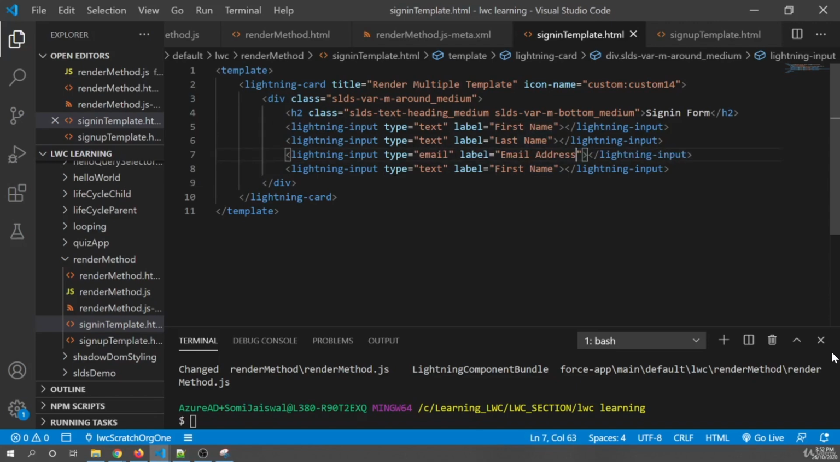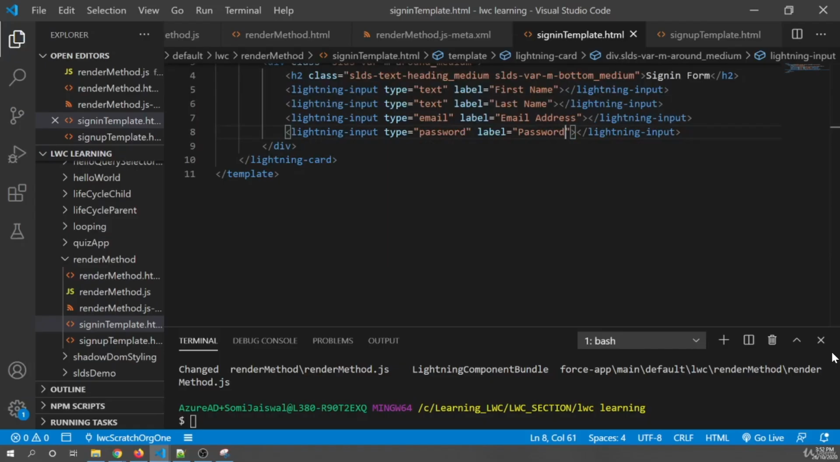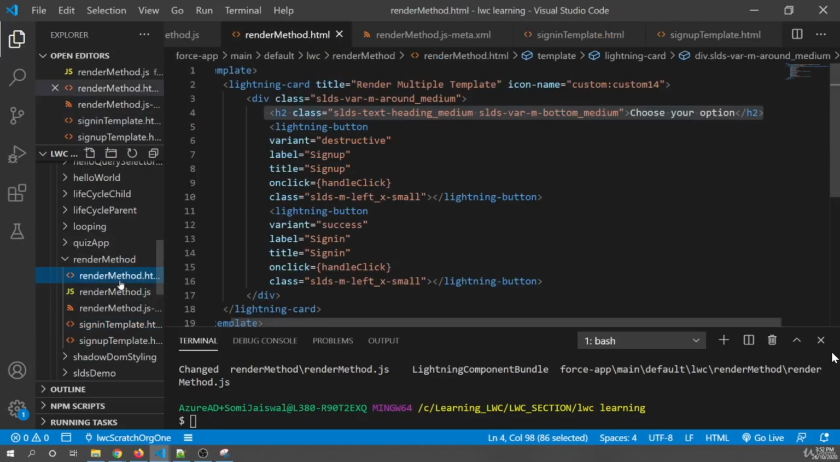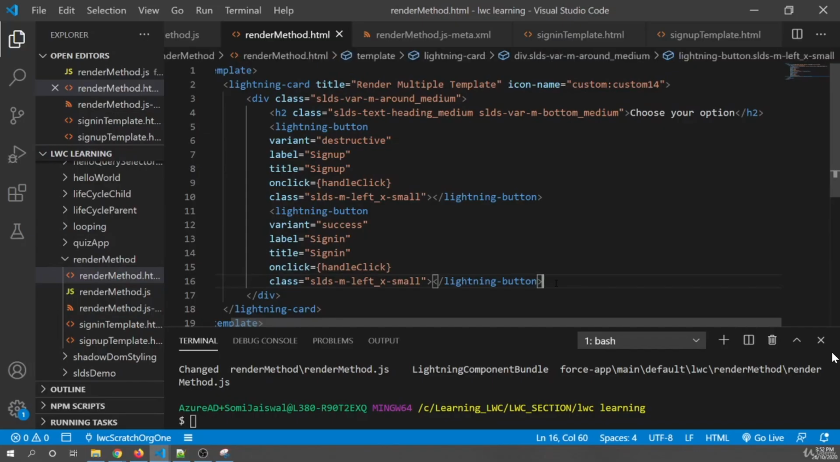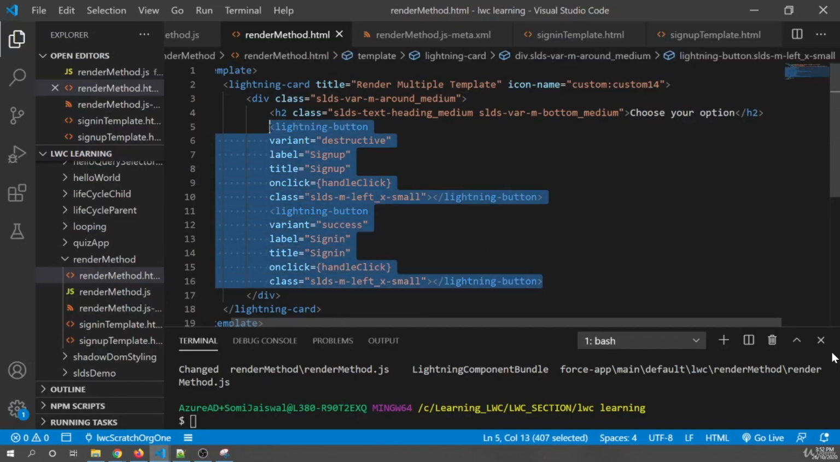Apart from that, in sign up, we can ask password. So type should be password and the label should be password. Apart from that, we can create the button. I'll go to the HTML. We already created the buttons. I'll copy paste both the buttons